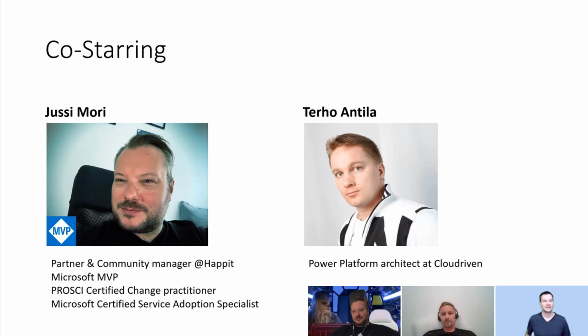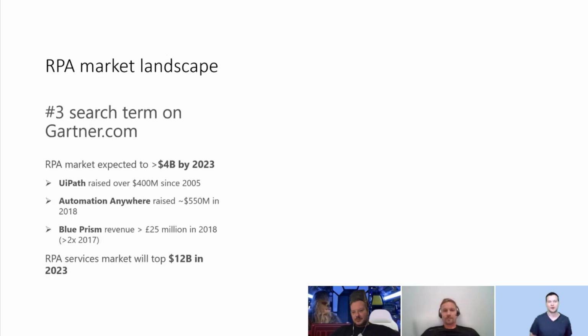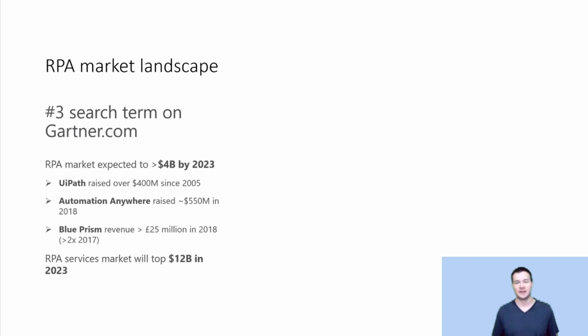Right. So let me just begin with a short introduction of what RPA is, so that everyone who's watching us knows just this small piece of information, and we can be on the same page. So RPA actually stands for robotic process automation. There is a huge number of tools and products available in the market that actually help companies to record processes in a way that the user would do them themselves. So it is a recording of what the user is clicking on, what the user is typing in.